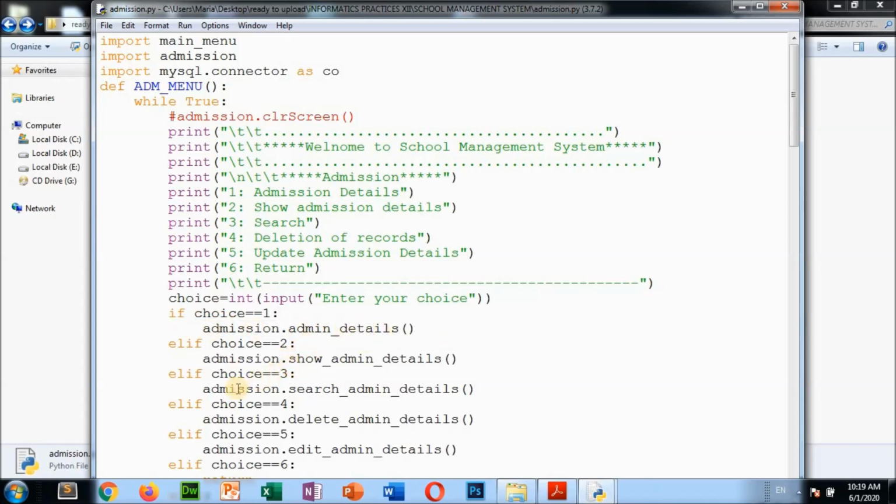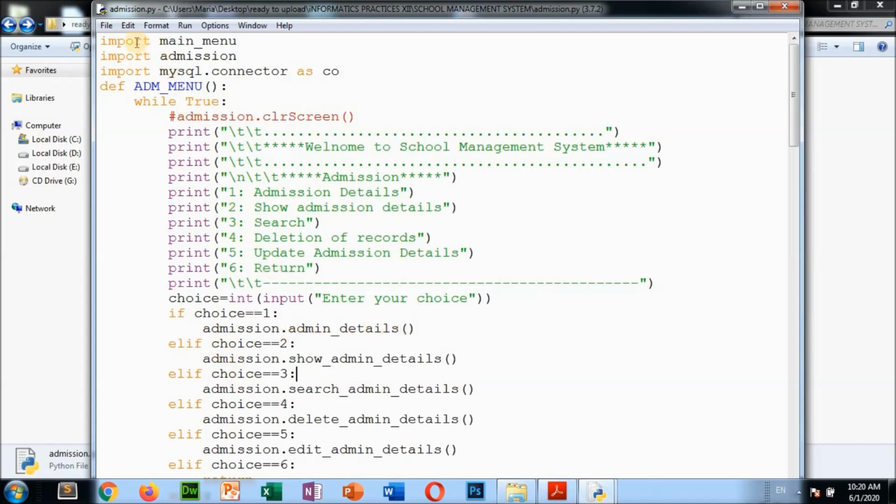So what is the meaning of this statement? This says admission.adm_details. So this is the function which is there in the admission module. It is clear? So where is the admission module? We are already in the admission module. See, admission. So I am using this admission.adm_details.